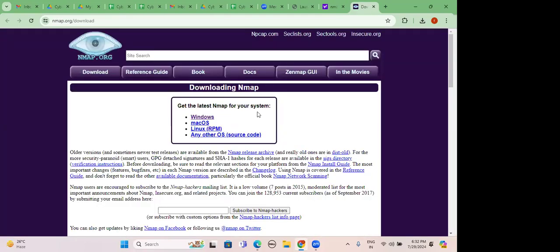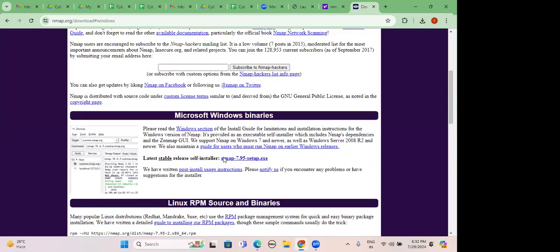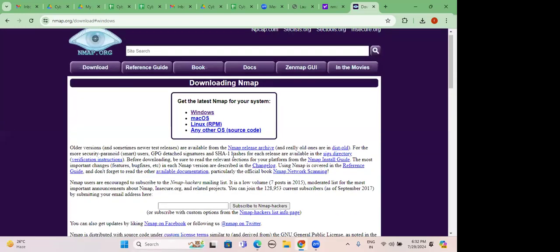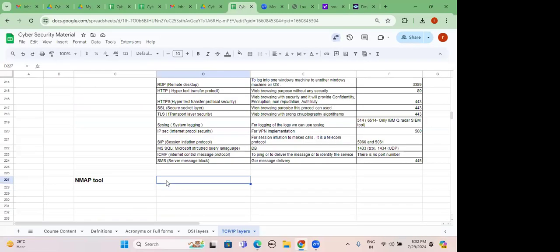Obviously everyone will use either a laptop, workstation or desktop. Very few people may use a MacBook. Whoever is using a MacBook, you can go and install the Mac version. Otherwise, you can use Windows. Click on Windows and you can download. This is for Linux, you can see here, and this is the installer for Windows, 7.95, the latest version of